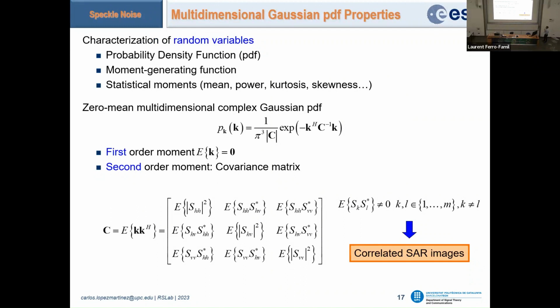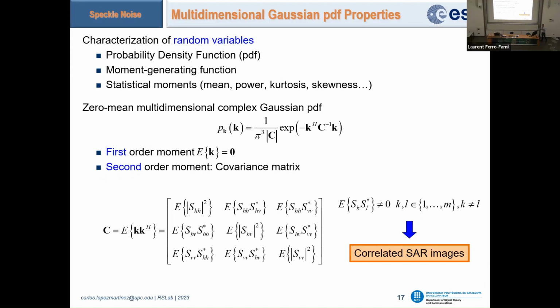characterize a random variable by the PDF, by the moment generating function, or by the statistical moments. In the case of the Gaussian, it's so easy to handle that we only need to use the first and the second order moments. So if we consider a K vector of correlated SAR images, the PDF is the one shown here, which is the multidimensional complex Gaussian distribution. And the most important parameter of this probability distribution is the C matrix, which characterizes completely